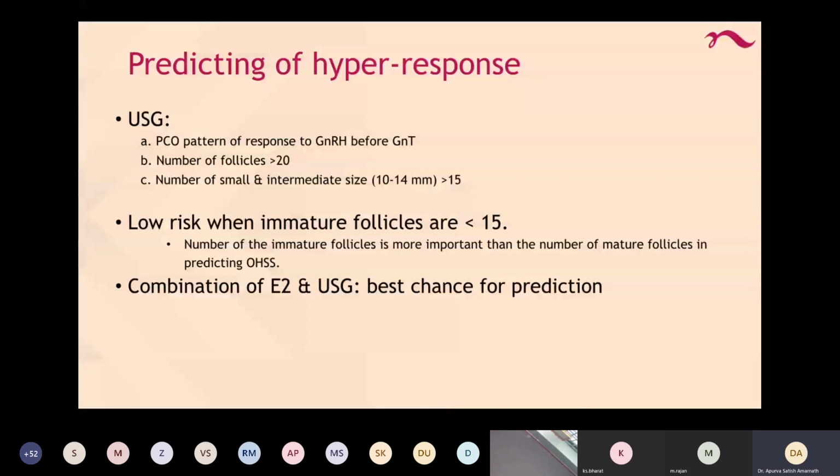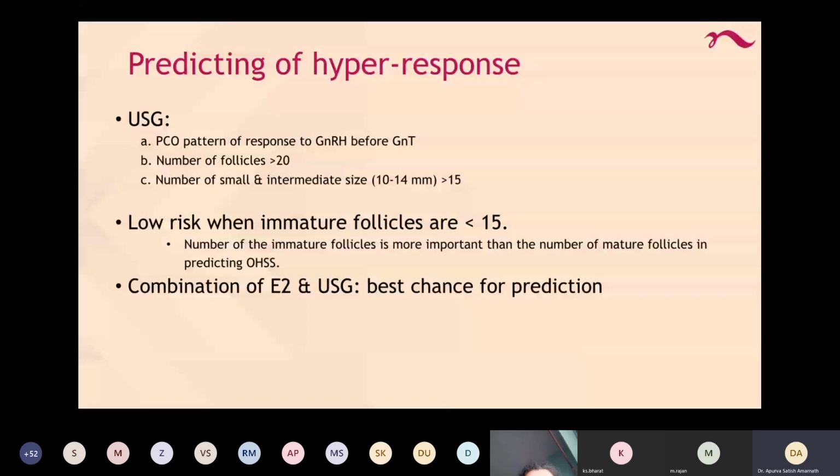So this is why documentation of every single follicle that is growing is important, because a lot of people end up documenting only the dominant follicles or the large size follicles from which a mature oocyte is expected. But it is equally important in this era that we recognize who is at risk of hyperstimulation and prevent it, because there are easily preventable options at this point. So document any and all follicles over 10 to 14 millimeters, and if they are less than 10 millimeters, document the number which are less than 10 to decide if there is risk of hyperstimulation. When that is there, we have to give an agonist trigger.